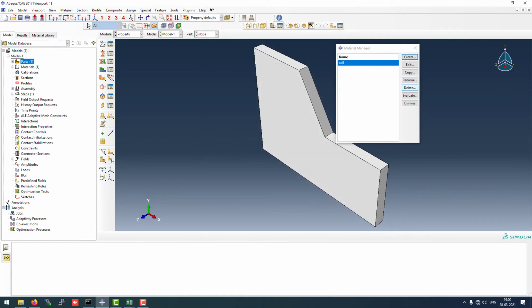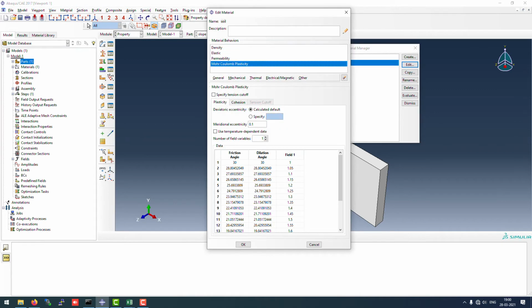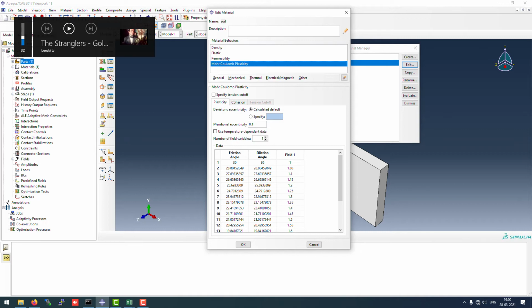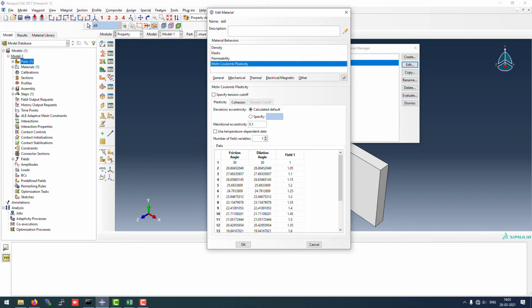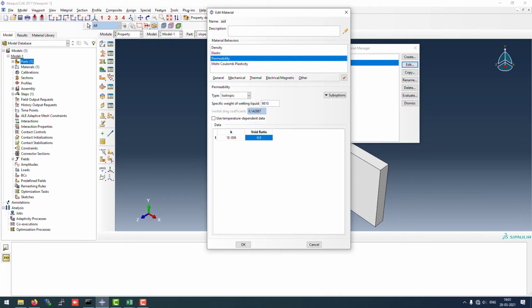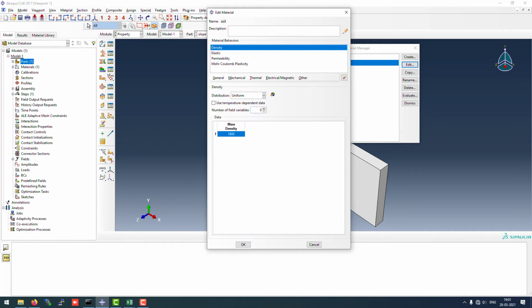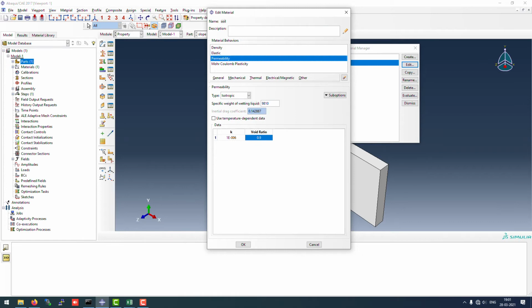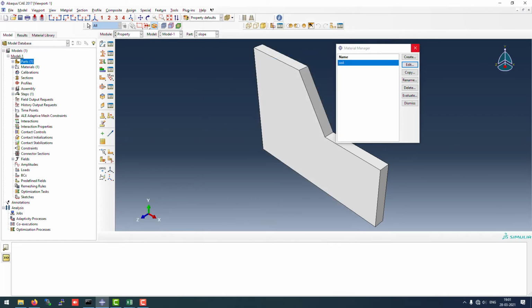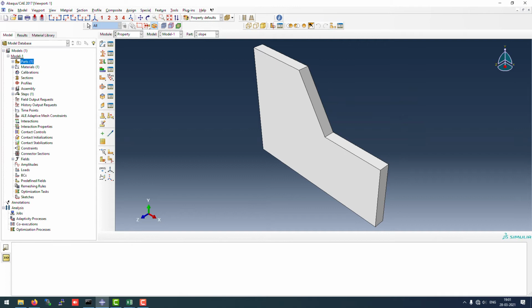So I'll just click on OK, and let me just tell you that all the parameters are in meter per second, kilogram and Newton. The pressure will be in pascals, the force will be in Newton, density will be in kilogram per meter cube, elasticity will be in pascals, and permeability will be in meter per second. Okay, so let me just go ahead. I have created the property, and I'll go to assign this property to the material.